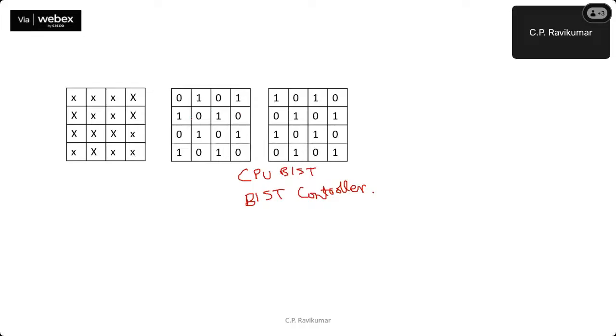And it needs a comparator in order to see whether the value being read is the same as the value being expected. If there is a discrepancy, it has to note down the particular row and column. And then it has to move to the second phase where it will write the other sequence. So the BIST controller will have,